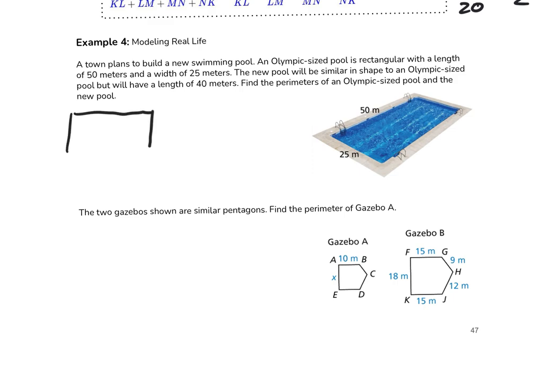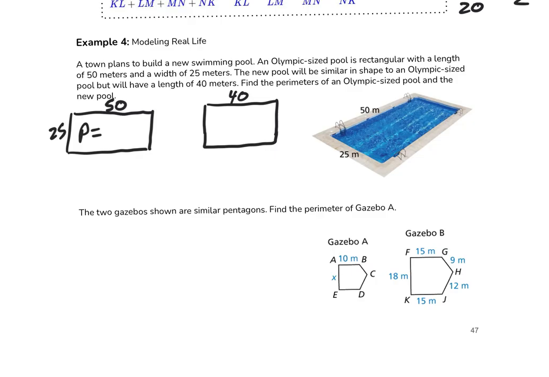If you wanted to, you could redraw both of the pools. An Olympic-sized pool is 50 by 25. The new pool that they're going to build has a length of 40 meters. We don't know what the width is, okay? Now, we could find the width, okay? But all we're trying to find out is what is the perimeter of the Olympic-sized pool and the new pool, okay? So for this one,